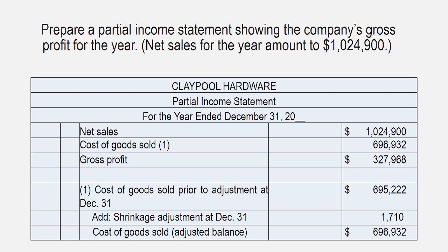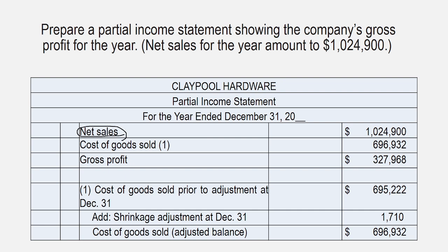The components are net sales and cost of goods sold. Net sales minus cost of goods sold equals gross profit. Net sales represent the total revenue from the sales of goods and services after deducting returns, allowances and discounts. And for this period, the net sales amount is